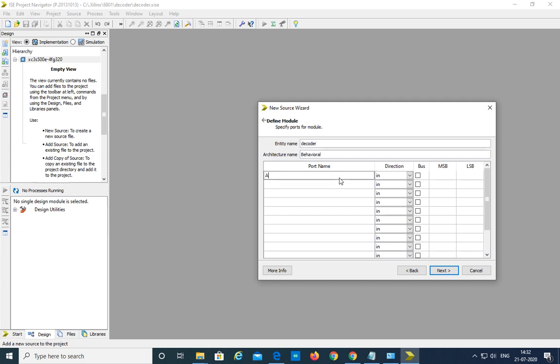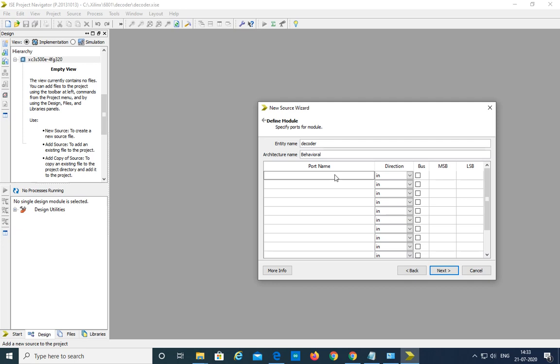So A, B, C are the 3 input pins, and Y0, Y1, Y2, Y3, Y4, Y5, Y6, or else rather than defining like this, we will define the inputs and outputs as vectors here.